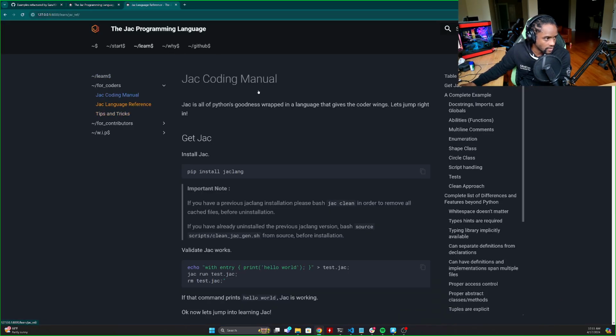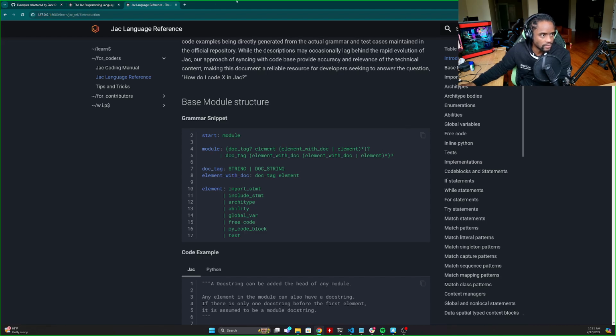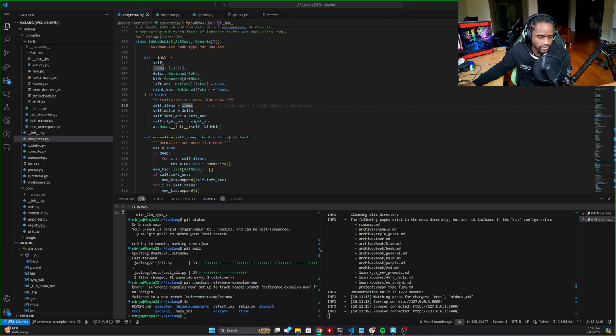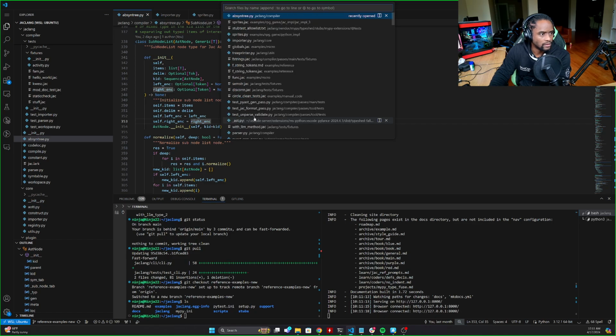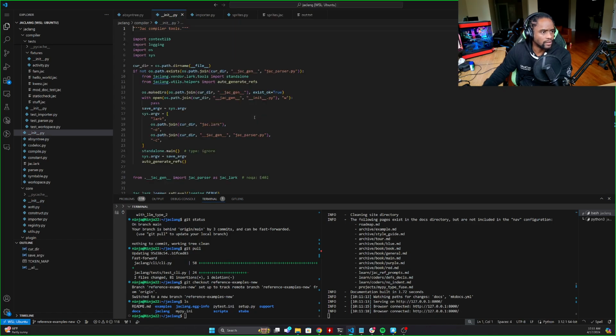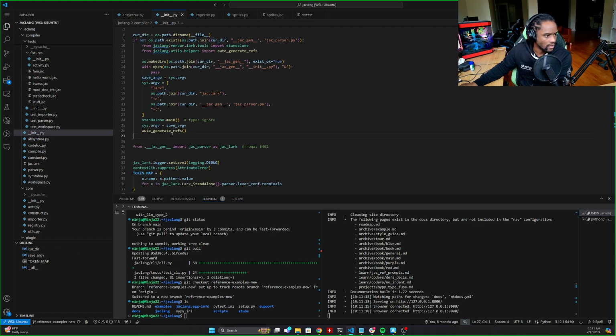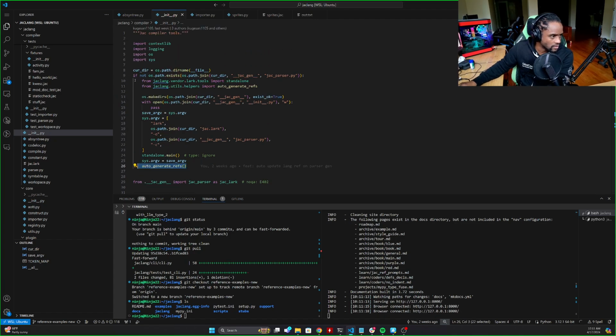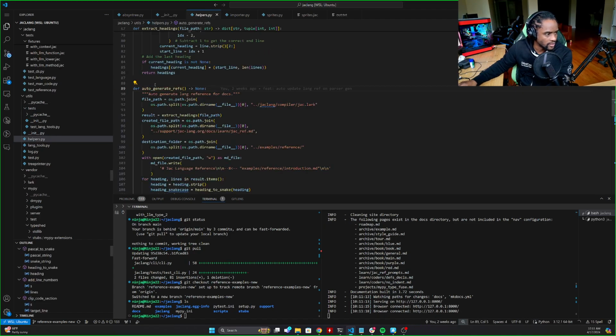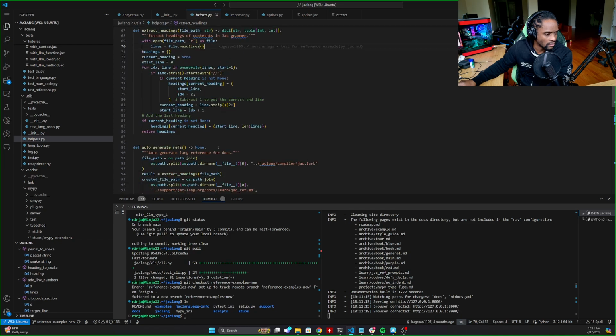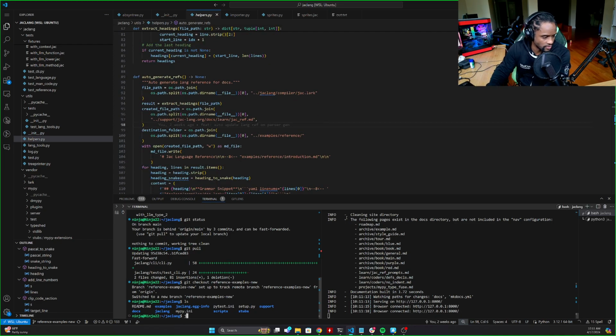So I can go here, Jaclang reference. Sometimes though, there's an automate script. Where do I run this automate? I run it in compiler, and I think it's in here. Automate genrefs. I think this is it. Yeah, if we do that. So in automate genrefs, this I think is then called by automate ref. Anyway, sometimes you have to do